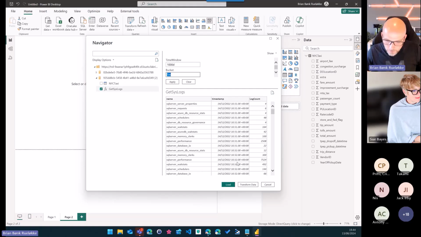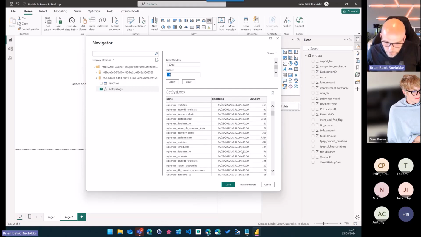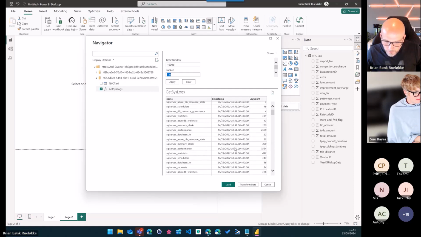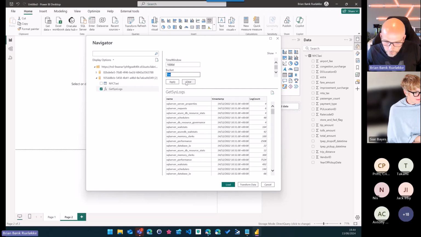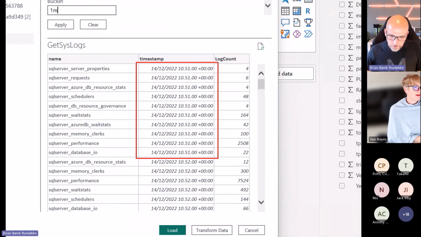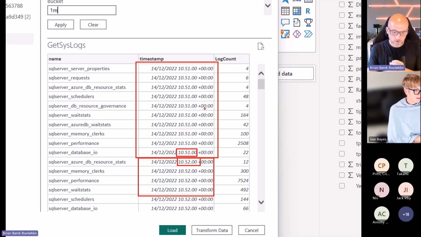Let me show you the buckets. Can I see it here? Scroll. Sorry for the quick scrolling. I want to show you the bucketing. It doesn't show me the bucketing. Well, I will. Oh, it actually does. Sorry. Because 1M is 1 minute. So this is the first bucket. That is the first minute where I have data. And then the second bucket starts. Notice that the minute changes here. So this is my bucketing of my data.